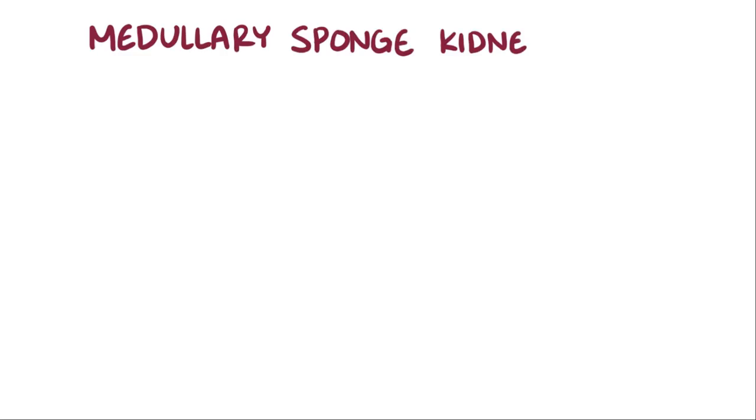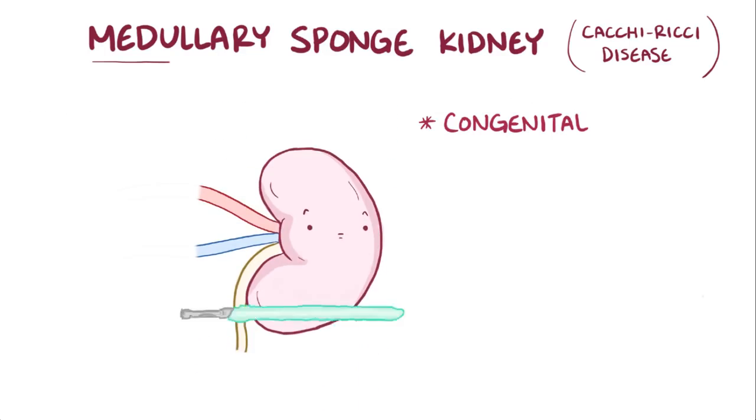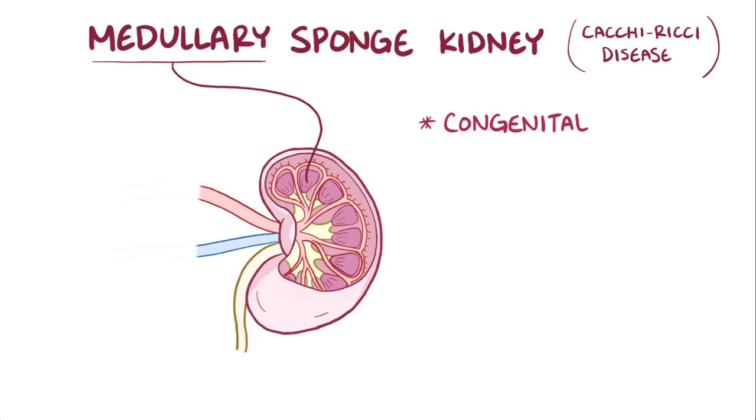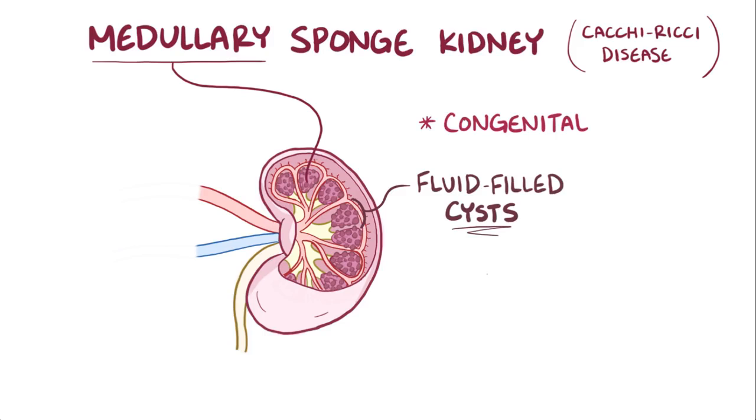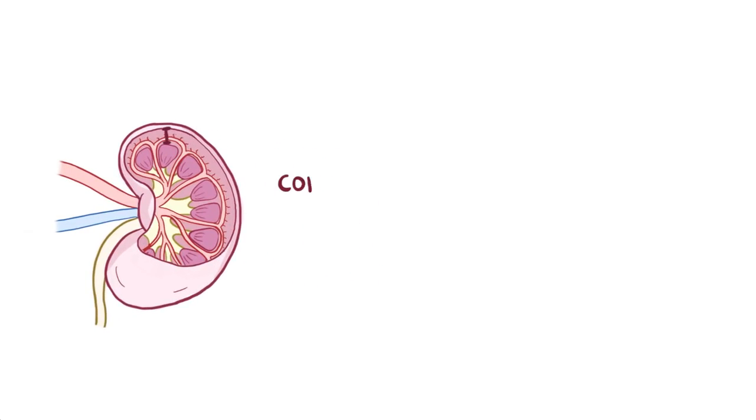Medullary sponge kidney, also known as Cacchi-Ricci disease, is a congenital disease where the medullary part of the kidney, which is deeper inside the kidney, gets loaded with fluid-filled cysts, which gives the kidney the appearance of a sponge. Now, the kidney can be divided into the cortex, which is the outer layer, and the medulla, which is the